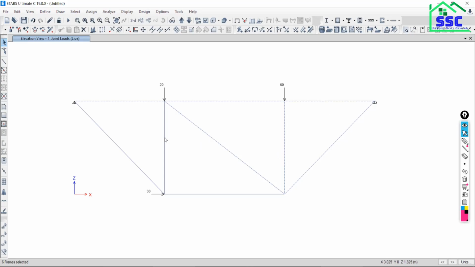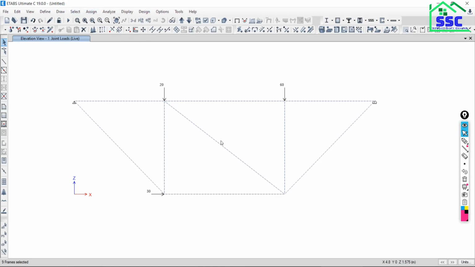Another option is to drag from right to left and let the box cut the frames which you want to select. Okay, so this is done, this is done. The total number of frames is 8, one is remaining. Yes, total 9 frames are there.